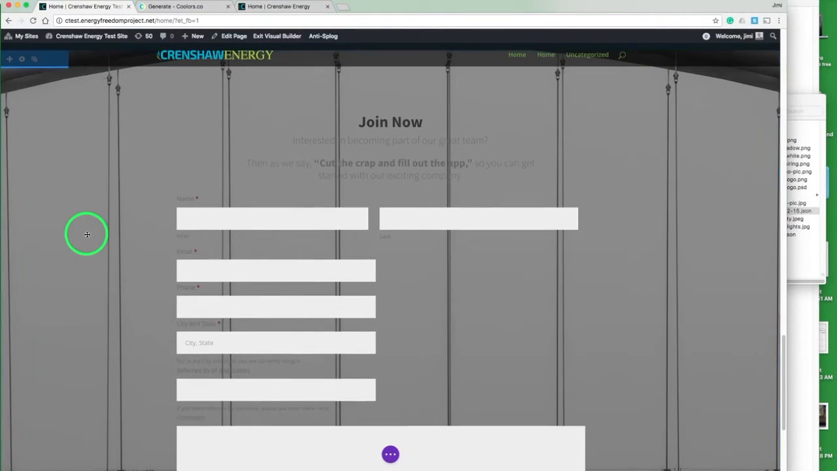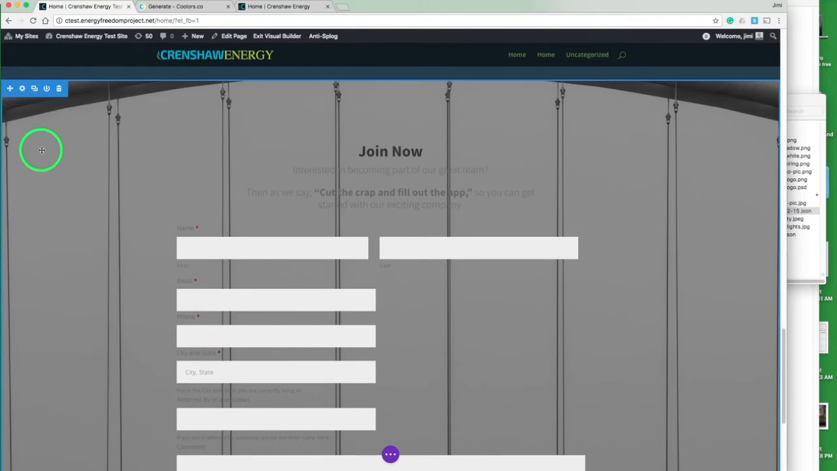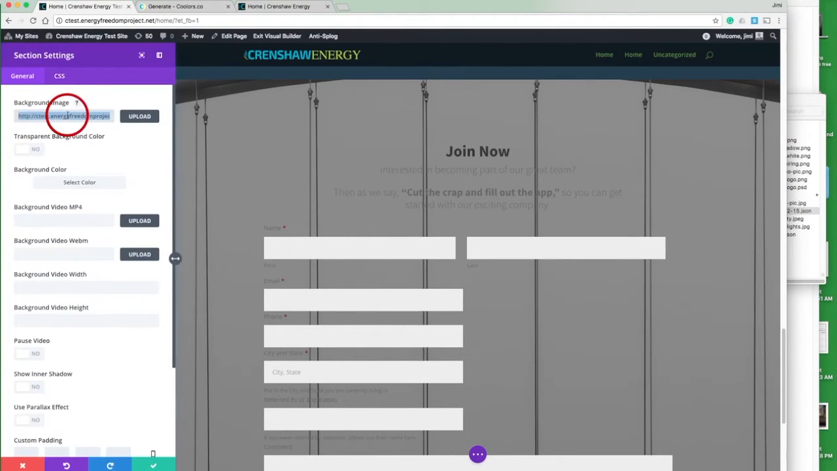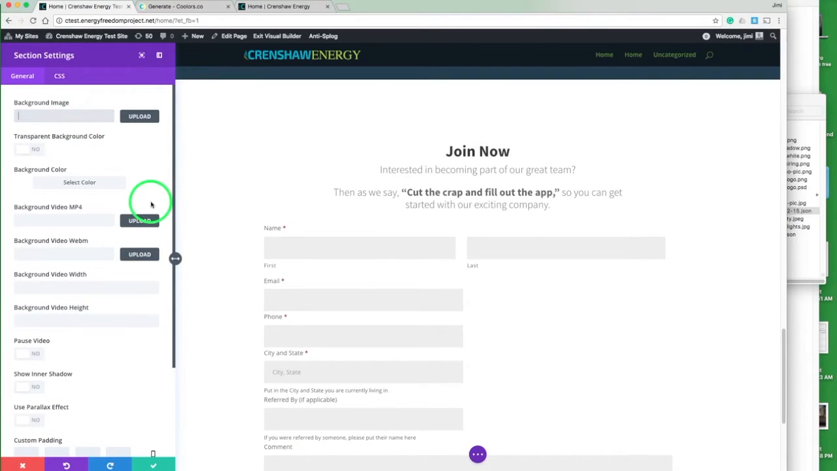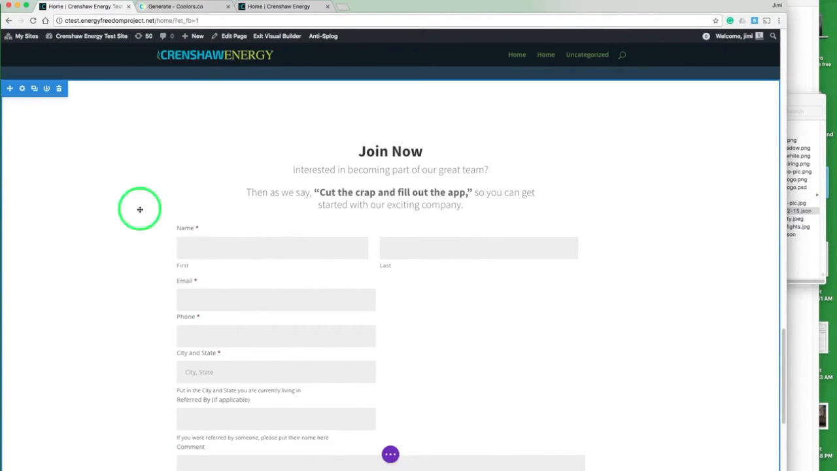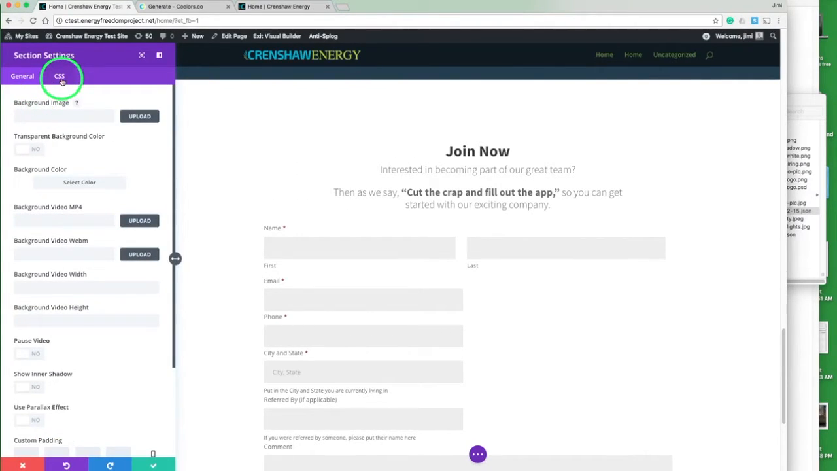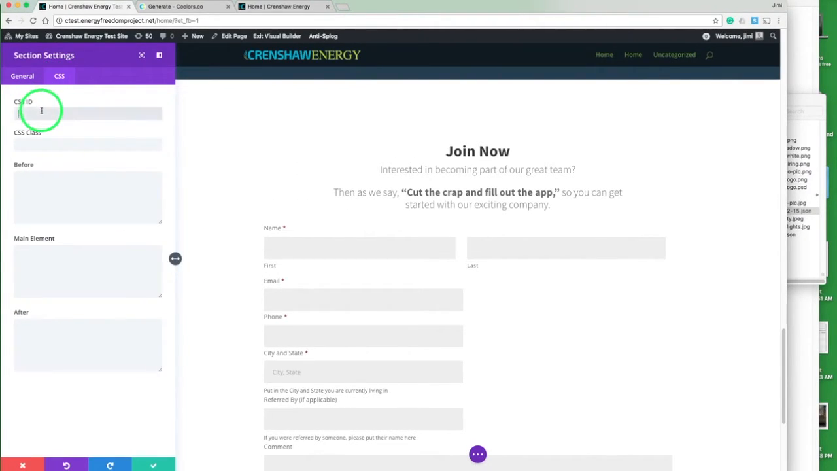So you can see our form filled in there perfectly. The last thing I want to do is just get rid of this background image, so we've just got a white background on this section. Then the form shows up pretty well. And this is actually, again, we're going to come in here to the CSS, and then the ID we're going to put is join